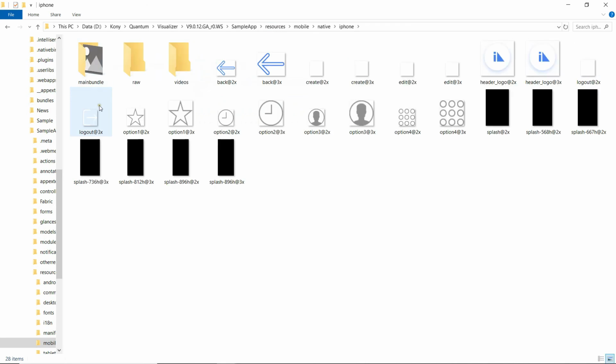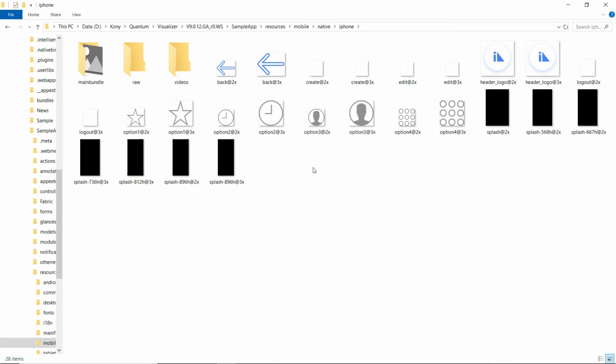You will be able to place an image file with the same name into this folder with different resolutions, those that support Retina usage in particular versions of iOS, and non-Retina usage in particular versions of iOS.